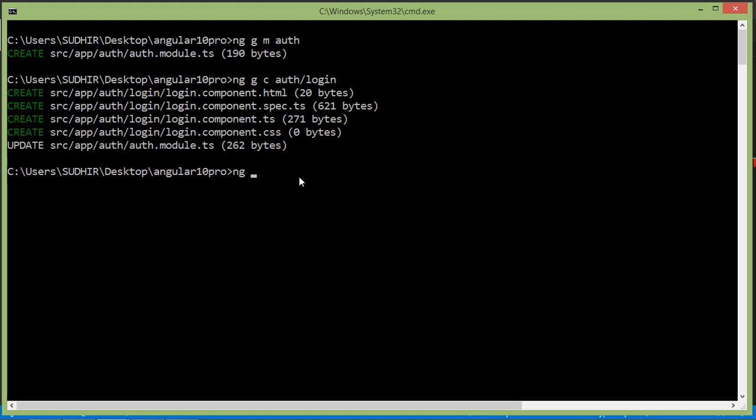Just type here the command ng g c auth slash component name. Let's say the component name is sign up. Okay, now press enter.